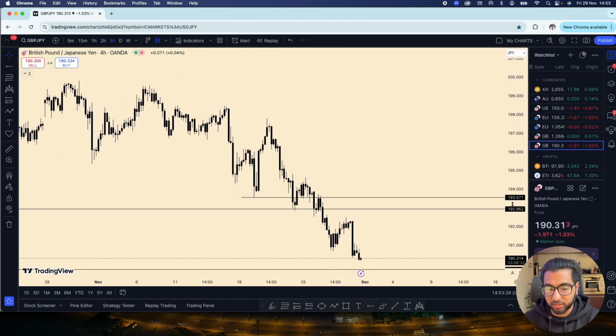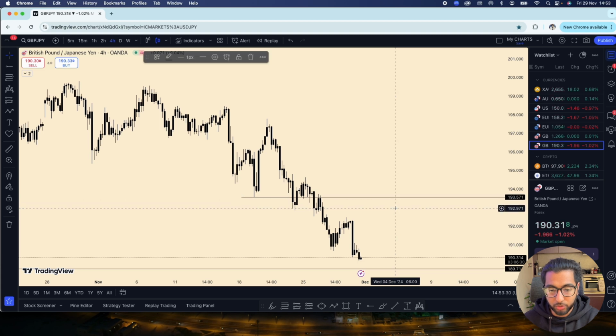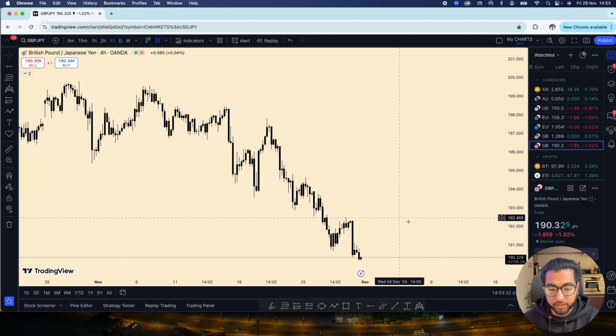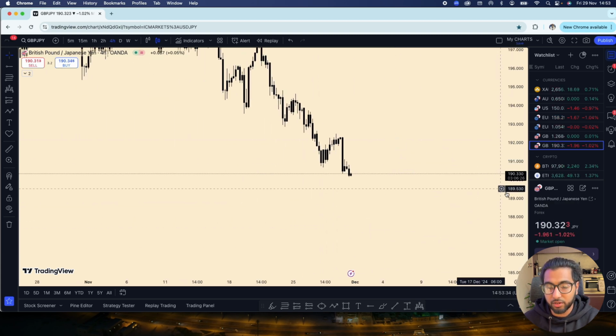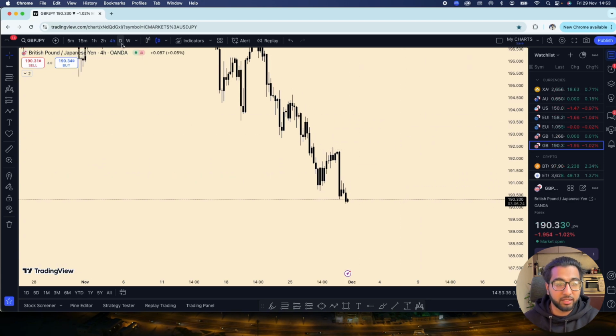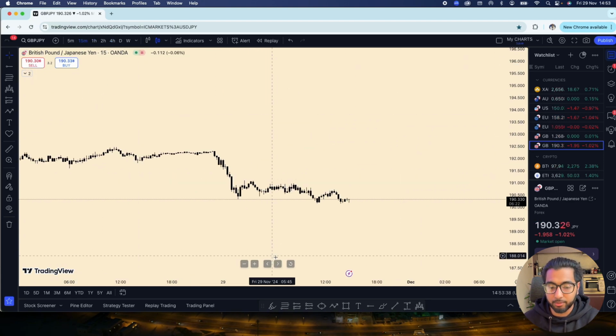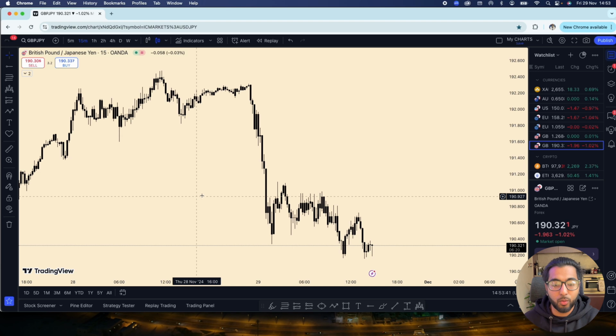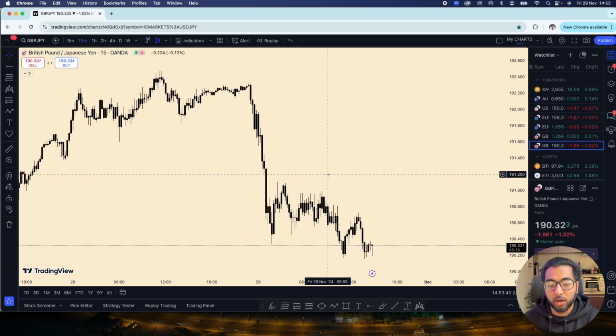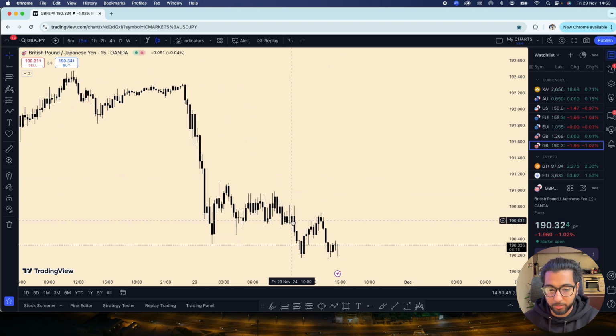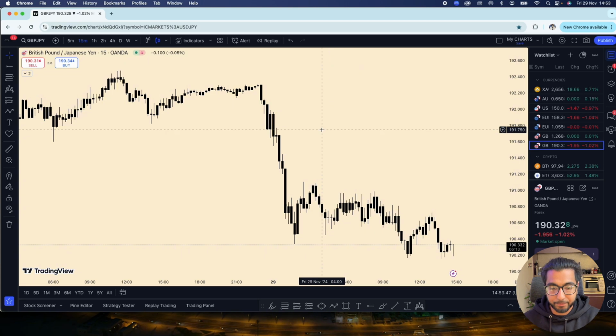And so that's how you find out, and I'll show you some more examples, but it's very easy to see these guys. Once you train your eyes, you'll realize that it's very, very easy to spot these. And by the way, guys, this literally works on every time frame. This is not something that only works on a specific time frame. It works on every single time frame. Okay, let me show you some more.